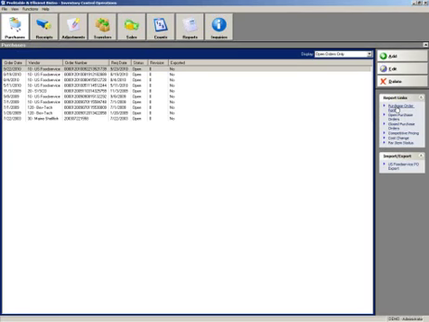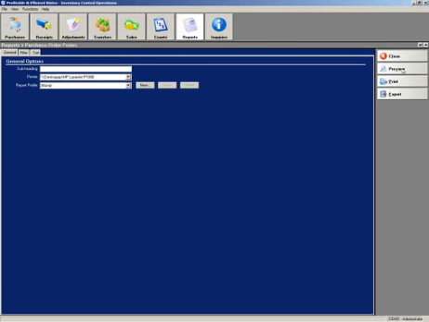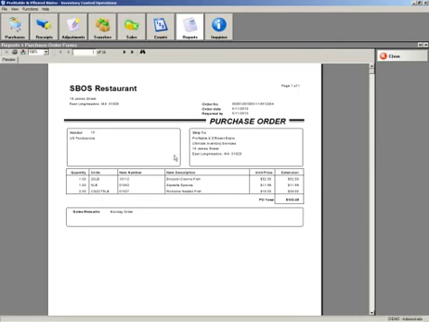Just show you that we can actually create a purchase order form, and these are kind of nice. You can put them on a clipboard, keep them next to your receiving dock, and receive product, and have folks check off your purchase orders. So here's a copy of a purchase order. We can close this,